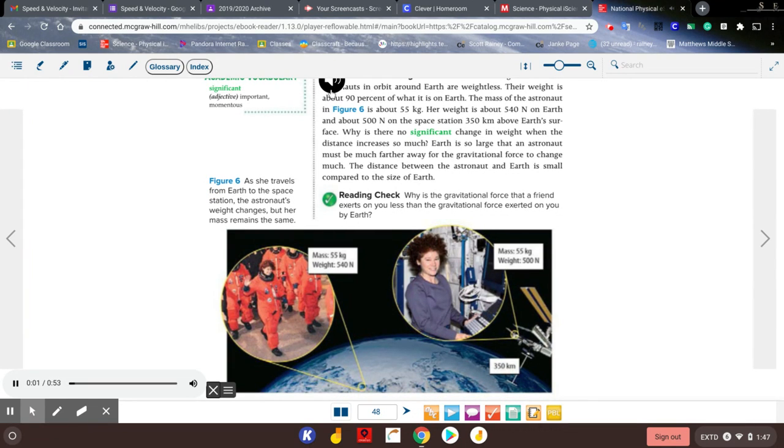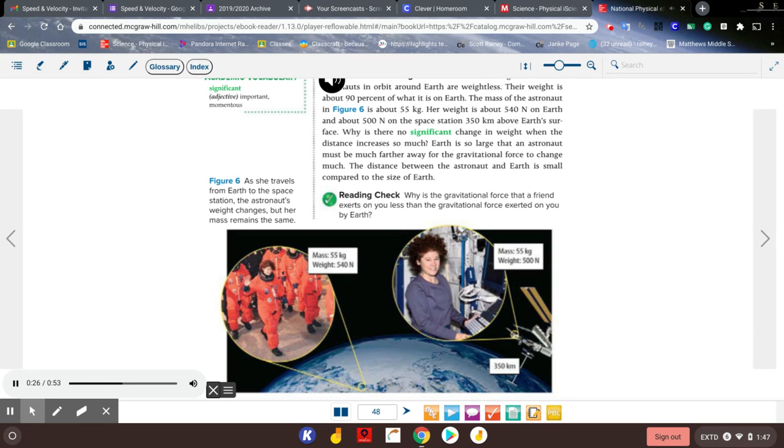Weight and mass high above Earth. You might think that astronauts in orbit around Earth are weightless. Their weight is about 90% of what it is on Earth. The mass of the astronaut in Figure 6 is about 55 kilograms. Her weight is about 540 newtons on Earth and about 500 newtons on the space station, 350 kilometers above Earth's